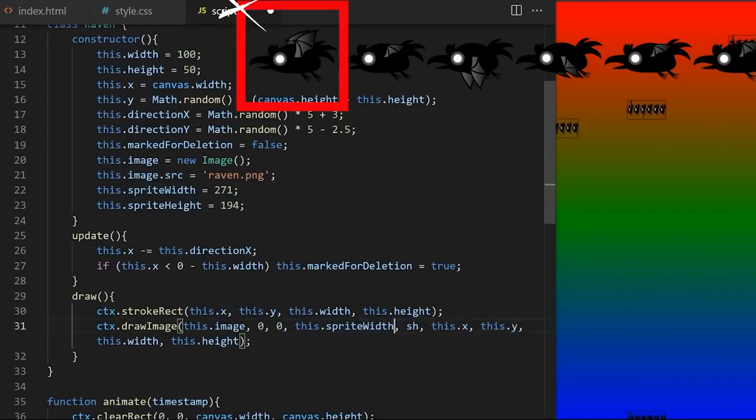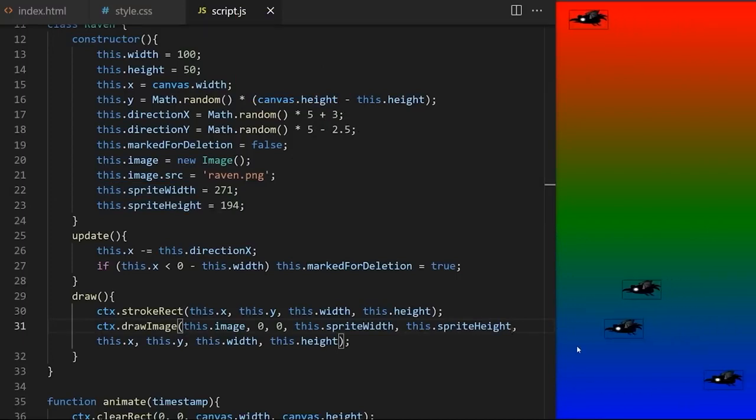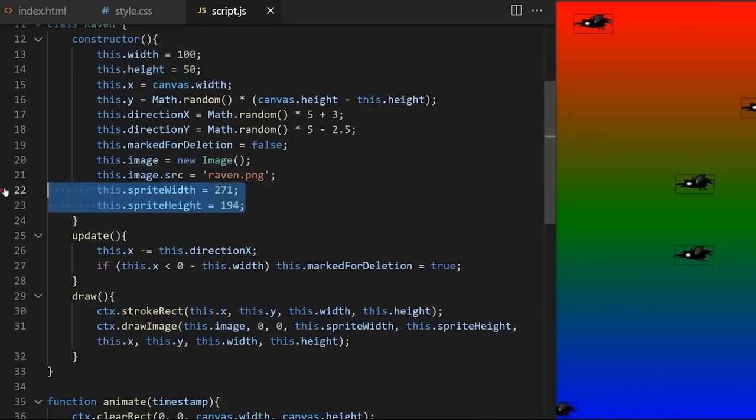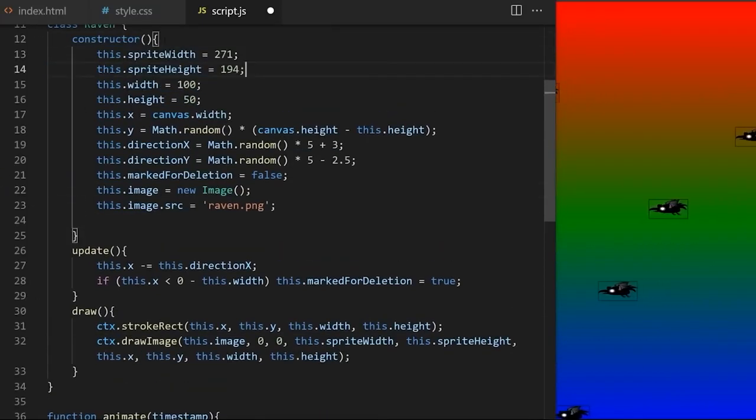Source width is sprite width and source height is sprite height. You can see our ravens are a bit stretched. It's because these initial width and height values are completely disconnected from the actual dimensions and aspect ratio of our sprite sheet. I move sprite width and sprite height up here so that we can use them to calculate values that come after. Width could be, for example, sprite width divided by 2, and height could be height divided by